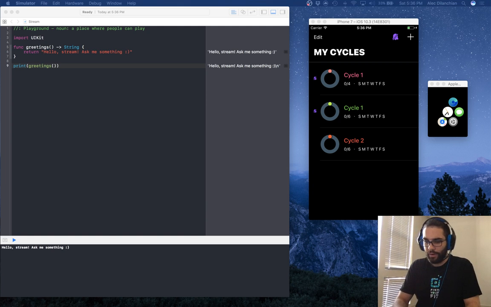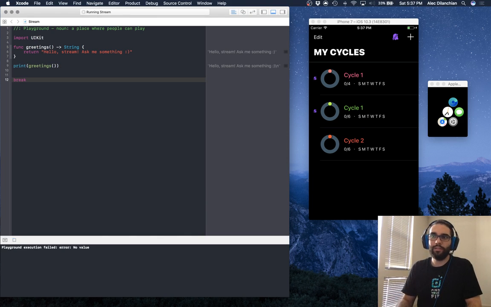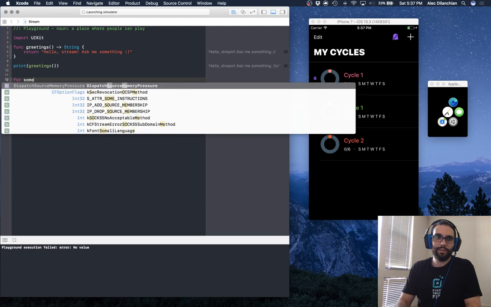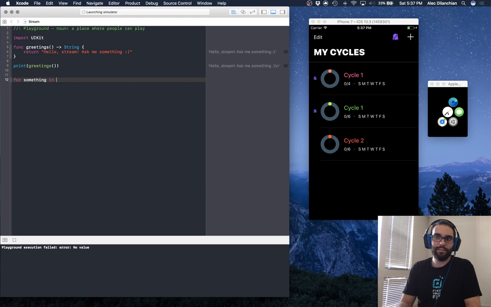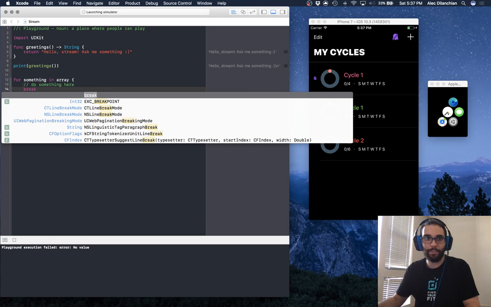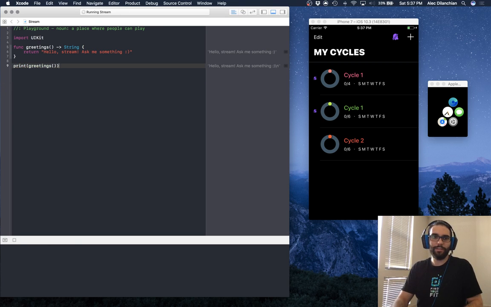So one, we're going to go there, and we're actually going to use this thing called a break. A break literally looks like this. It's just called break. So you can have a for loop. You can say for something in array, do something here, and then you can call break on that, and that will actually break out of whatever this is doing and stop it right there. So that's what I'm going to do, because I know that if I have one muted,